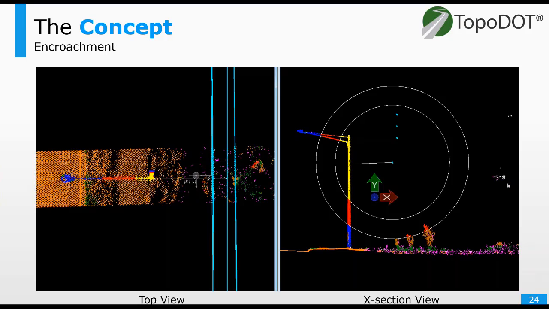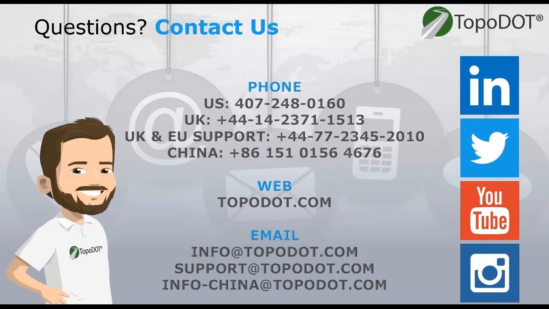So there is another question: can classification be converted to RGB? Mauri, do you want to answer that? That's kind of a confusing question, but you answer that one. The classification field is stored in the LAS and the DOT files entry in the file. So the RGB and classification are two different fields. As far as converting classification to RGB, that's not available in TopoDOT right now. But if somebody needs that,